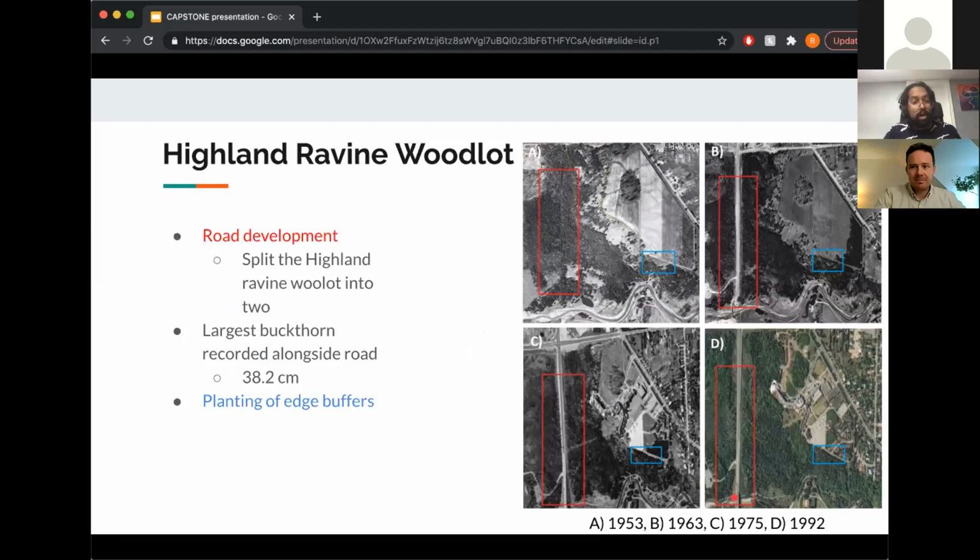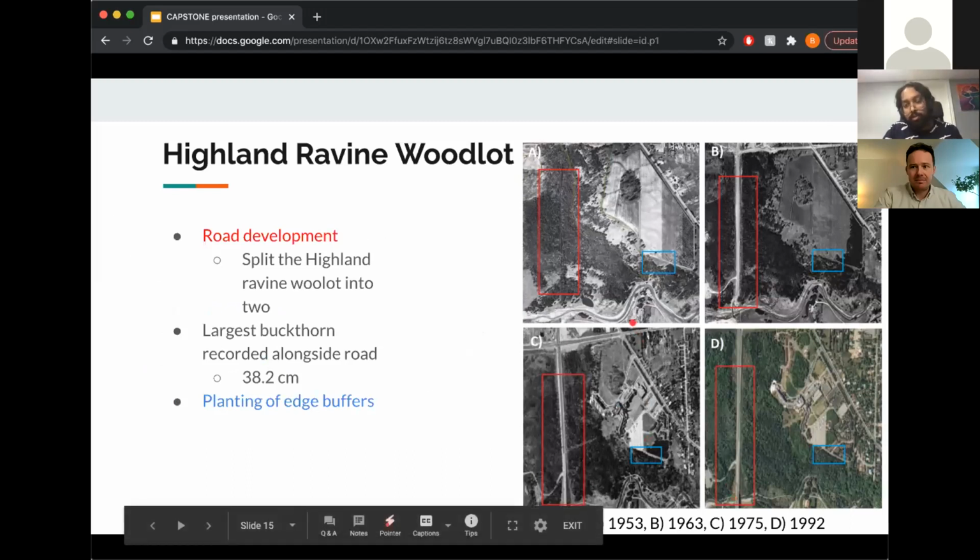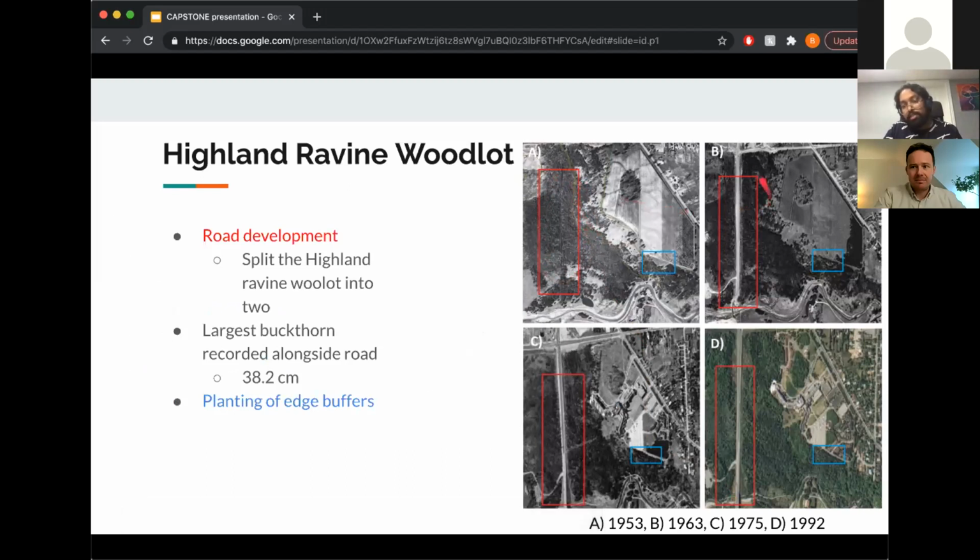Looking at the historical context, you have Morningside Road development highlighted in red here, where it was historically a connected landscape and essentially just split what was the forest interior and created an edge on the western side of the property. Regarding the buckthorn and Tartarian honeysuckle, which was more present in the forest interior, this may be explained by these invasives having fruit seed dispersal systems, where small mammals like squirrels and birds as well may have taken the fruit into the forest interior, where habitat quality tends to be a bit higher, and they could have just spread